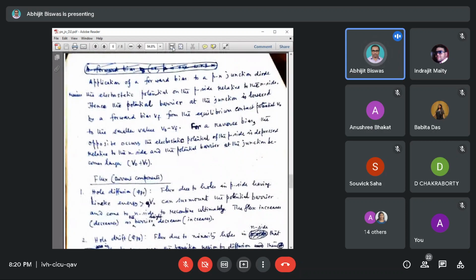এখানে তাহলে এই ইম্পর্টেন্ট কথাগুলো একটুখানি আমি বলে দিচ্ছি যে application of a forward bias to a PN junction diode raises the electrostatic potential on the p side related to n side, and ultimately the barrier height becomes V0 minus Vf. That means changes occur from the contact potential value, and in case of reverse bias you know that the barrier height will be V0 plus Vr, so it increases the barrier height from the contact potential, and due to this the diffusion component of current will drastically reduce.